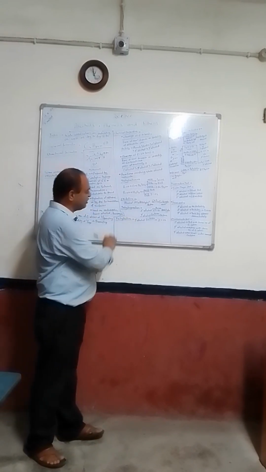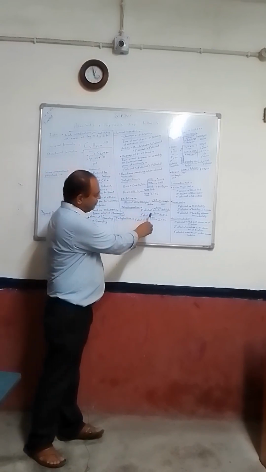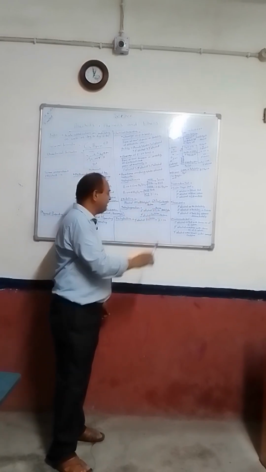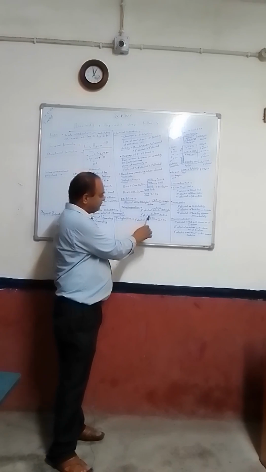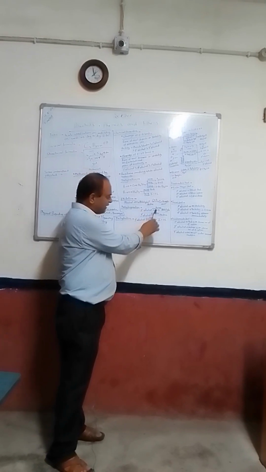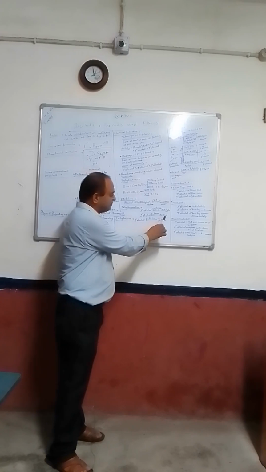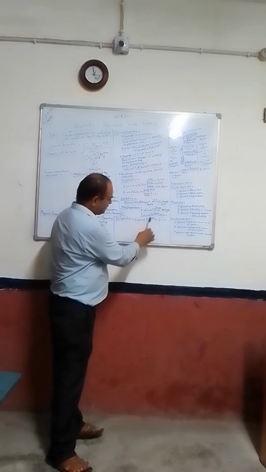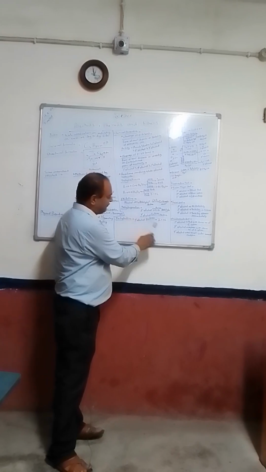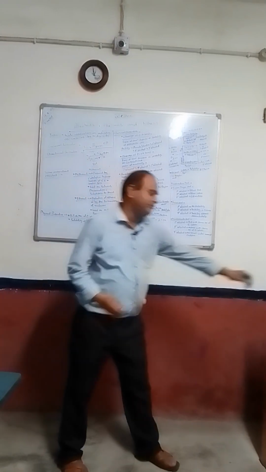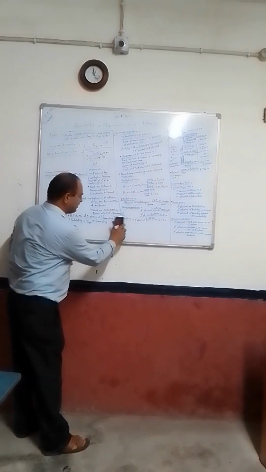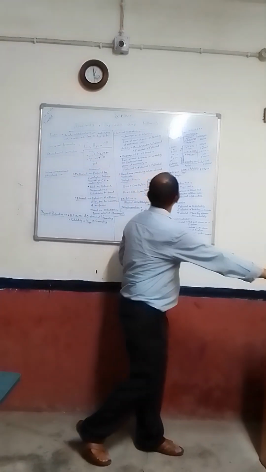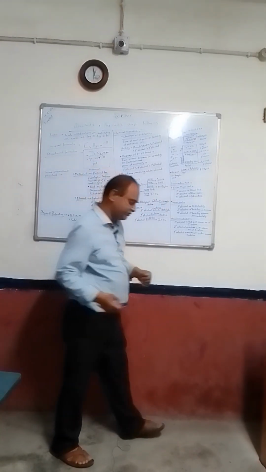In case of dehydrogenation, 1 degree alcohol in the presence of copper at 573 Kelvin gives us aldehyde. 2 degree alcohol in the presence of copper at that temperature gives us ketone. And 3 degree alcohol in the presence of copper gives us alkene. Again, here one thing is repeated by mistake. I'm just rubbing it out. So this is all about the chemical properties.